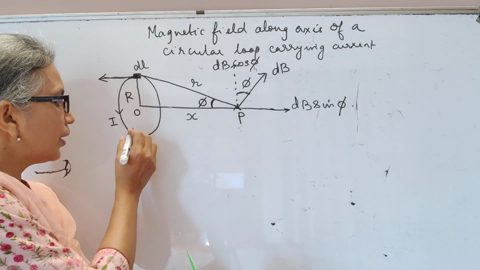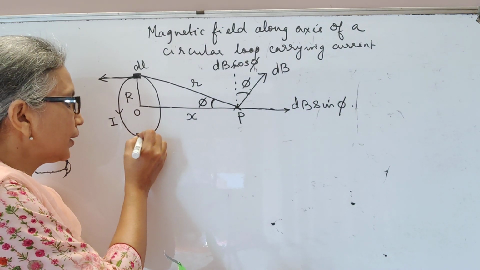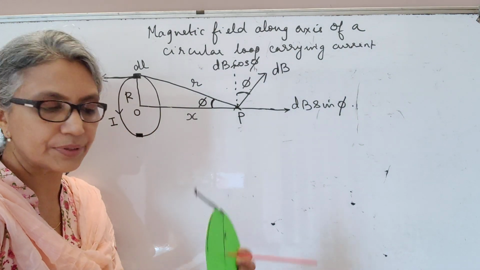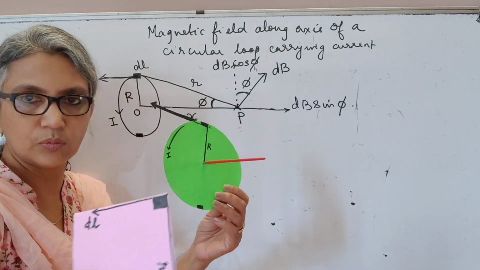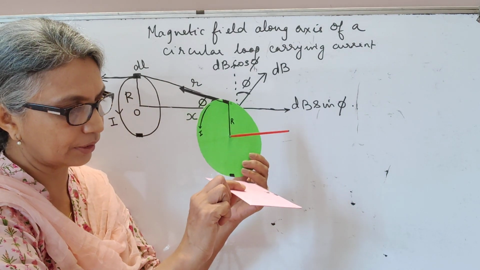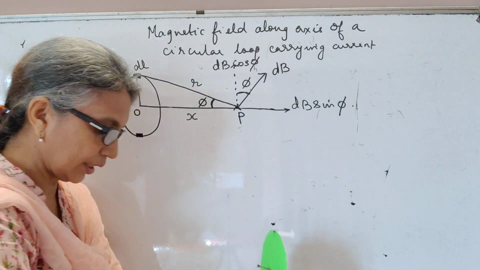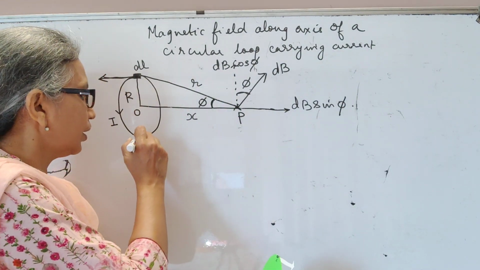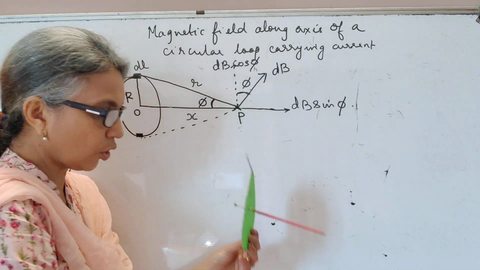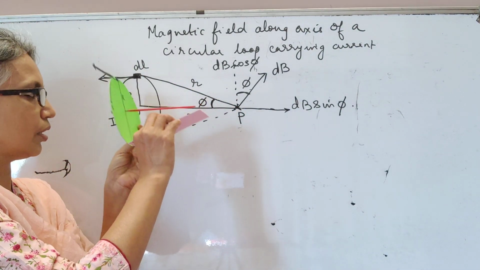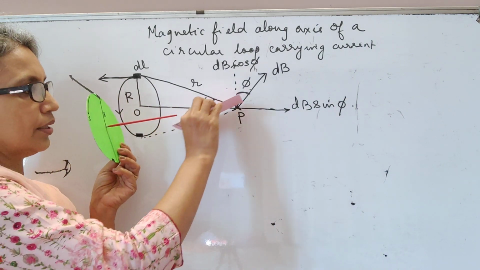So now let's consider that diametrically opposite dl here. Now what happens here is, how will the plane look? Your plane is now dl, which is along the tangent, kept like this. But r will be the line that joins dl to P. It's going to go like this. This is r. So your plane that contains dl cross r is going to be a plane like this.